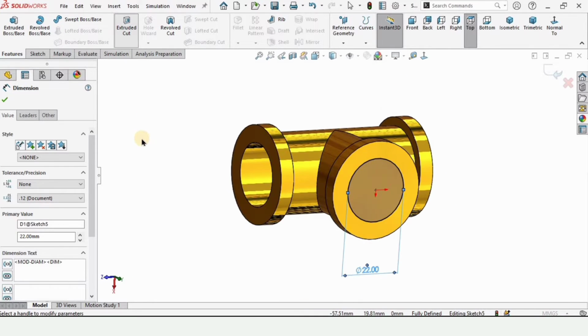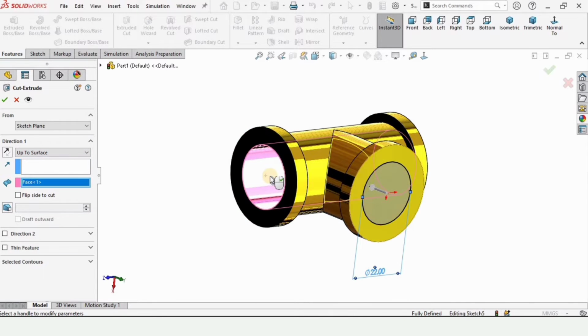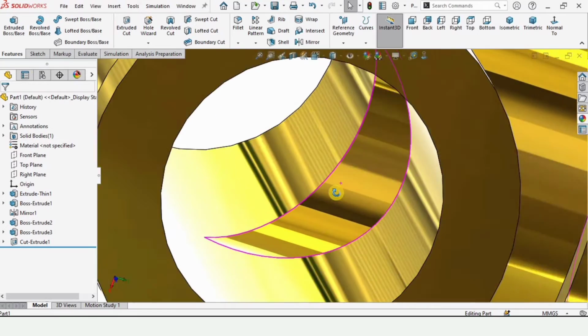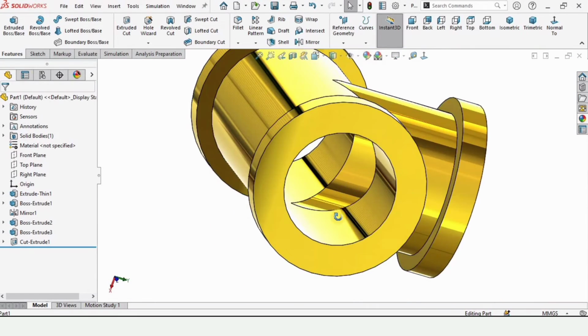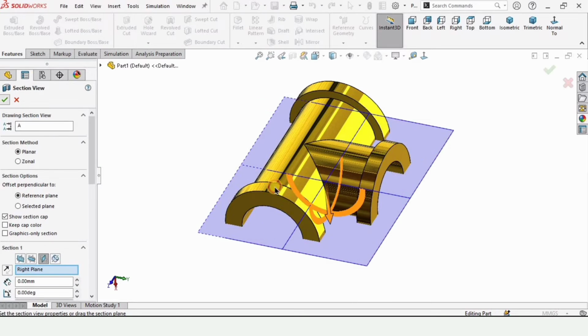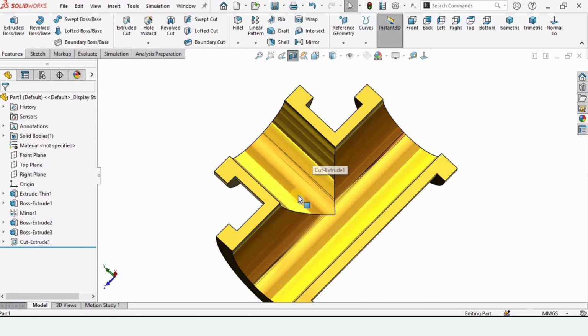This time we need to cut it up to surface. So select here up to surface rather than blind, and here we need to define this surface and check this box from here. I will show you in section view how it's going to cut, as you can see it from here. So now let me show you in section view, although we are left with few steps, but let me just show you. The profile of the cut will be like this,